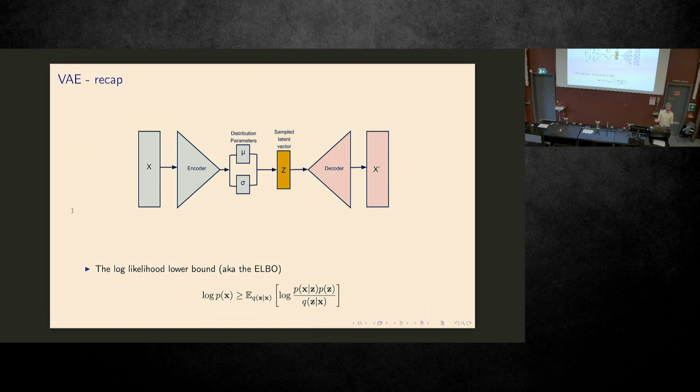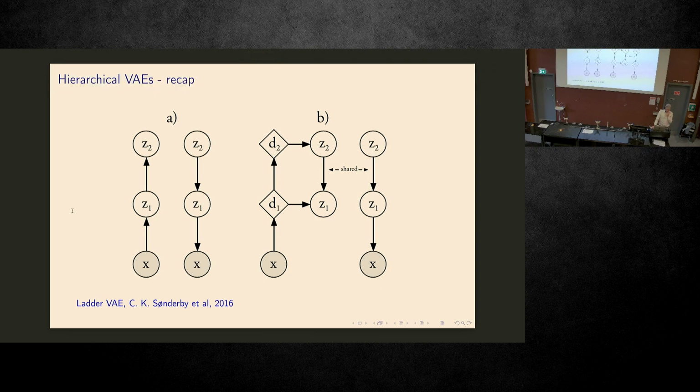What is special about the VAE is that we do what we call amortized inference. So we learn a mapping from any X to any C, and that will be shared across the entire data set. We could also learn a distribution for each and every data point X, but that's a waste of resources.